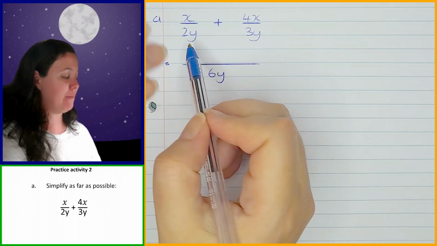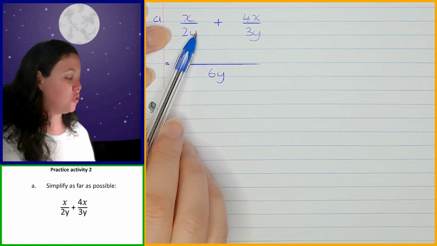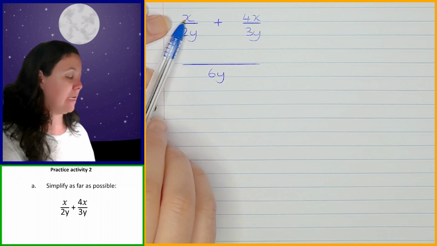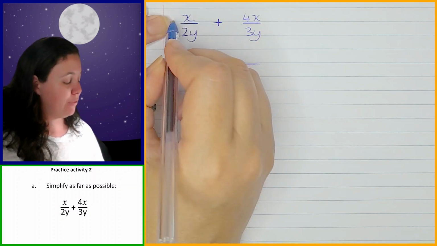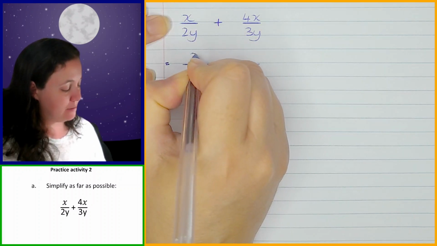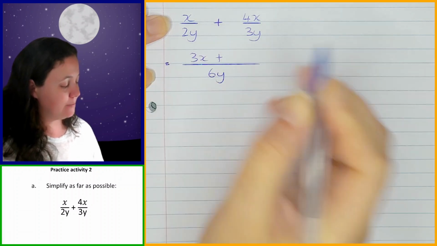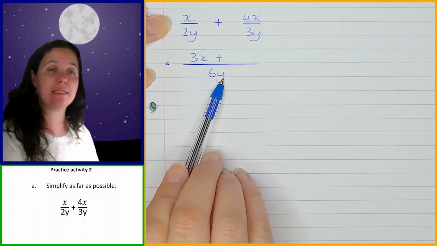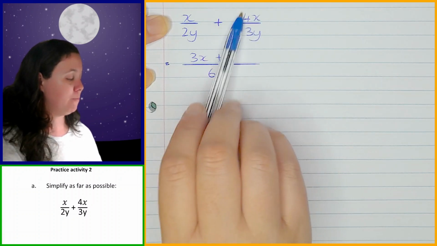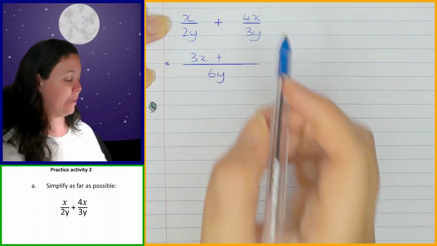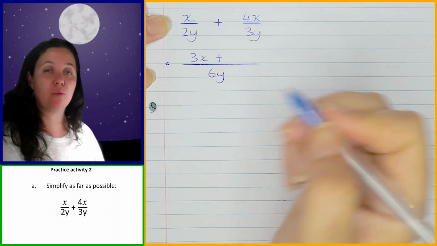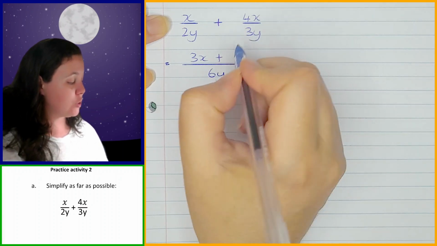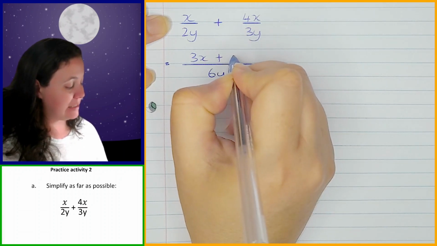So now I'm going to go and multiply over here. To get 2y to 6y, I need to multiply by 3. So I'm going to be multiplying the top by 3, and that gives me 3 times x is 3x. Plus, over here, I need to multiply 3y by 2 to get 6y. So I'm going to multiply the top by 2. So 2 times 4x. I can put it in brackets or I can work it out straight away because it's a simple monomial over here. So I can multiply 2 by 4x and that gives me plus